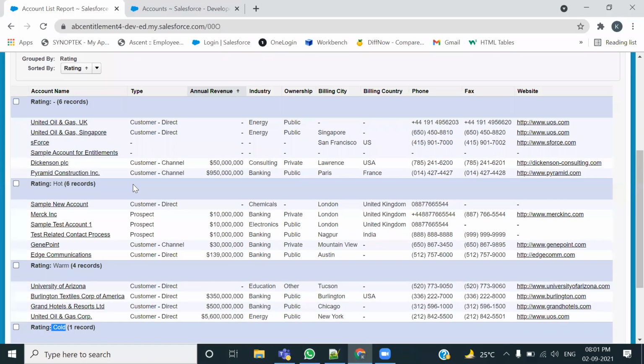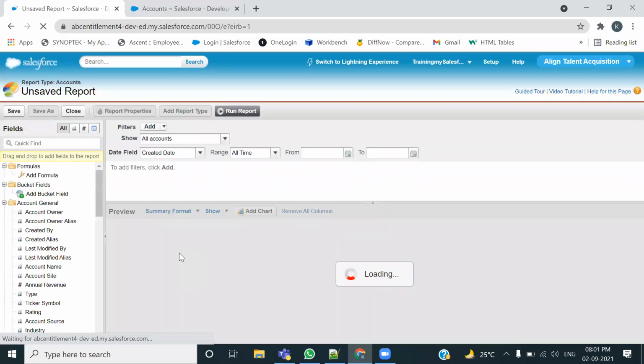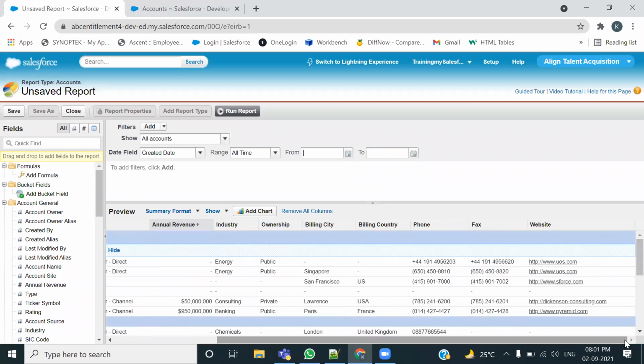तो आप समझ गए कि यहाँ पे एक्चुअली समराइजेशन हो गया है। ये रिपोर्ट ग्रुप्ड हो गई है, इसमें अलग अलग ग्रुप्स क्रिएट हो गए हैं बेस्ड ऑन रेटिंग। अब ऐसा नहीं कि आप एक ही ड्रॉप जोन, आई मीन एक ही फील्ड से समराइज कर सकते हो। अभी मैंने यहाँ एक और चीज किया था, इसके अलावा मैंने एक्टिव स्टेटस को भी समराइज कर दिया था। देखिए, अगर मैं एक्टिव स्टेटस लेके आता हूँ,